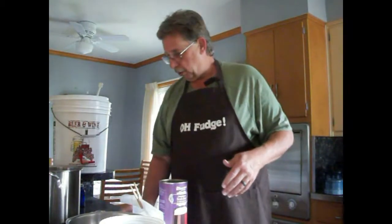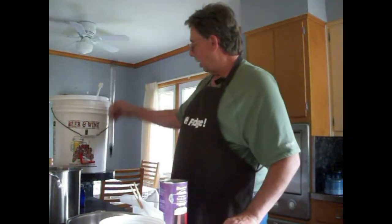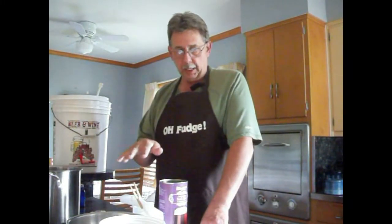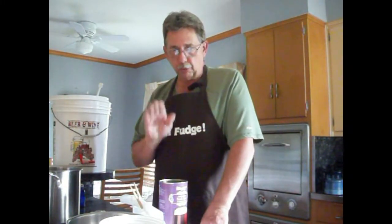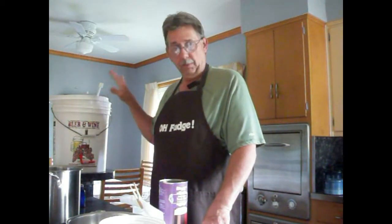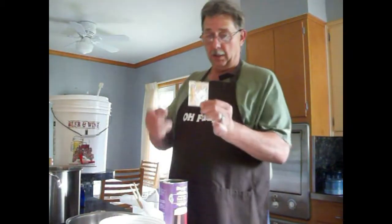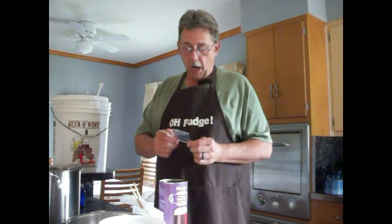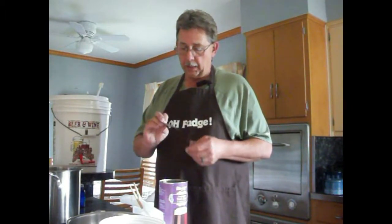All of these little tools, which by the way, this is a siphoning tube. Everything we're going to use, we're going to sterilize, because we're trying to control what type of bacteria gets in here. Because the bacteria, from this yeast, is what's going to convert the sugar to alcohol. So, all right, what I'm going to do next is